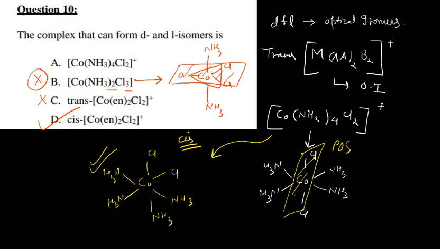But in the answer key it is given that only this will show the optical isomerism, right? That means non-superimposable mirror image for this one. So I am not solving this particular one, how it is actually showing, whether it will show the optical isomerism or not. You please try to solve yourself. If you don't find the answer, then definitely in some other lecture I'll try to solve this particular part, okay?